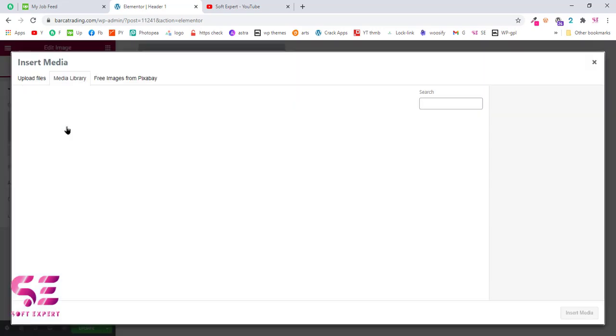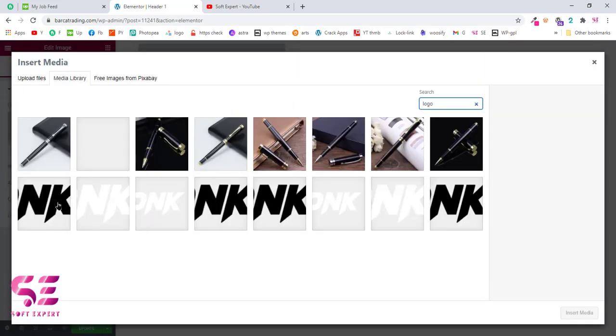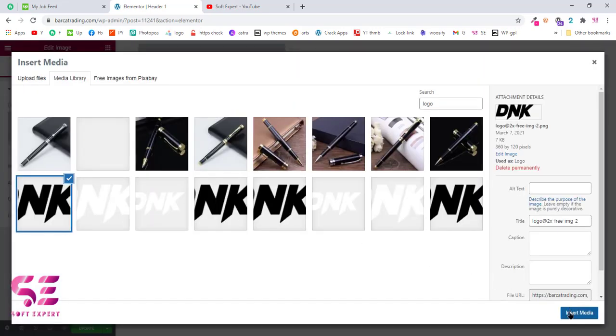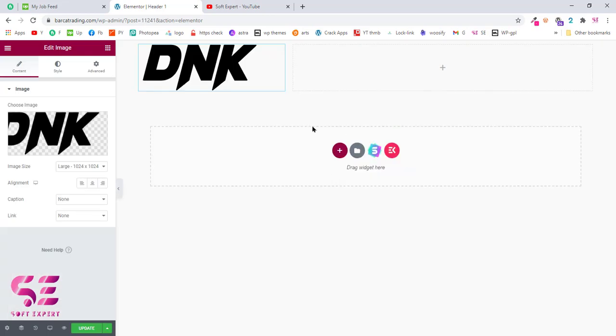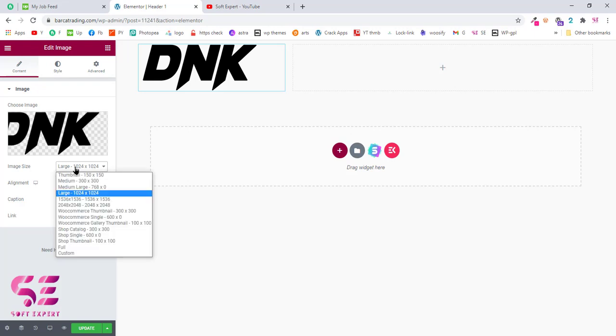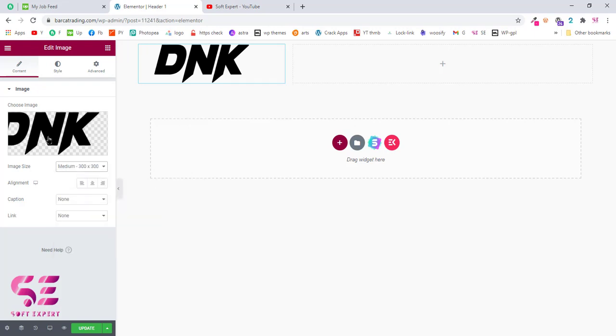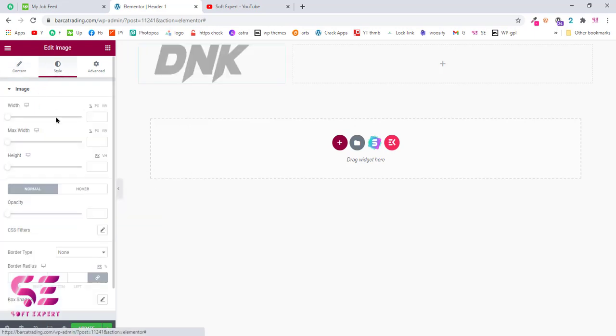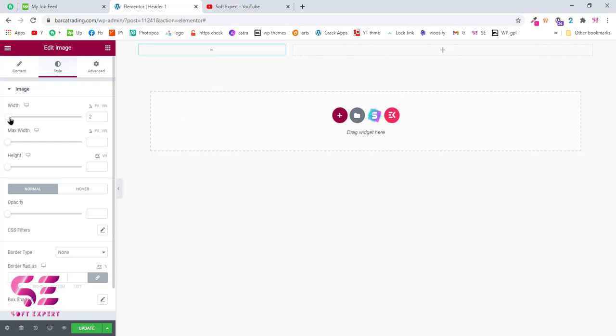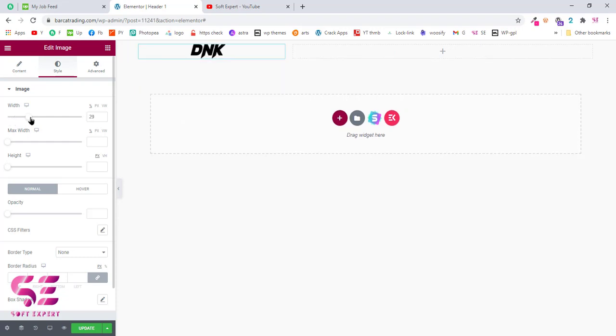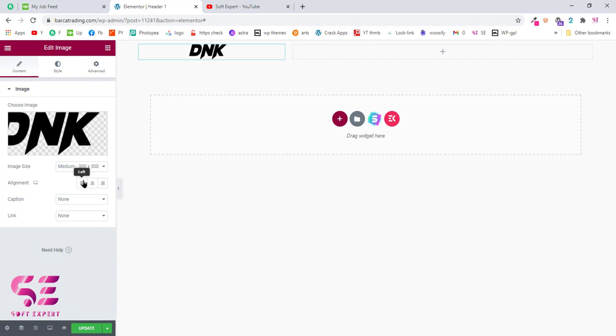I'll choose my logo here. Now you can resize this. I'll choose thumbnail. I can go to style and give this a fixed width. Again we will align this to left.